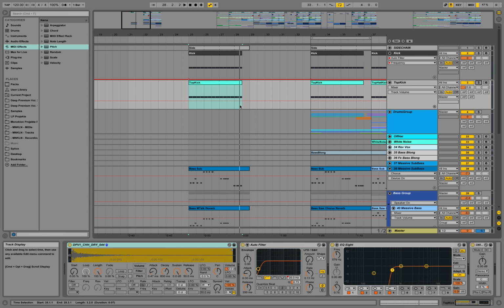So tracks sound a lot more snappy and housey if you put a closed hi-hat on top of your kick, and you make it short in the sense that